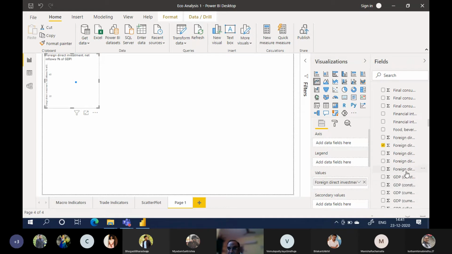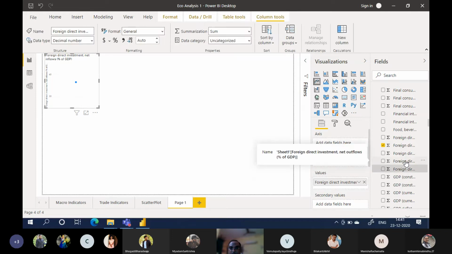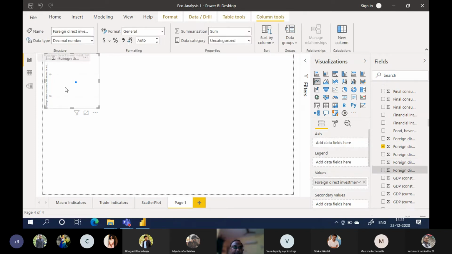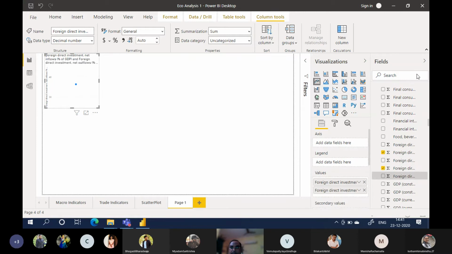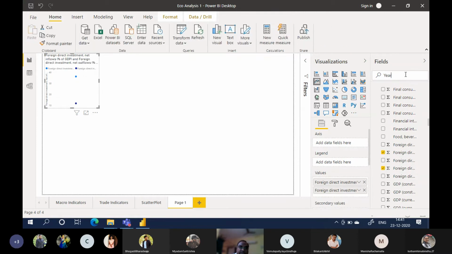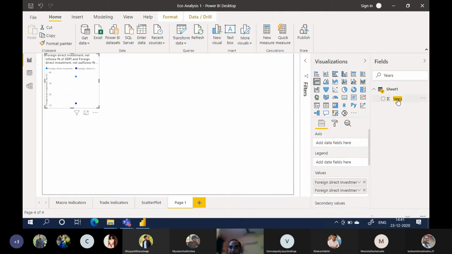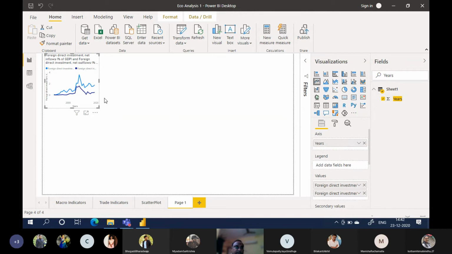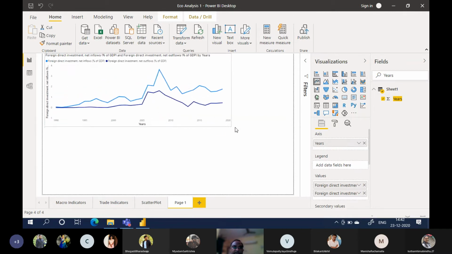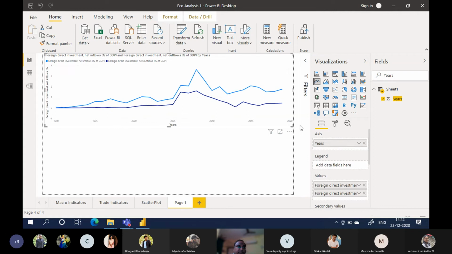Then foreign direct investment, net outflows, percentage of GDP. Okay, I have added both, then search for years and bring years to the axis. See here, inflows and outflows of FDIs in India.